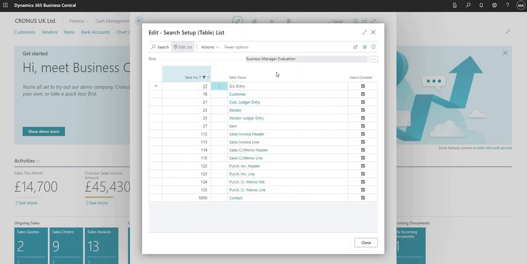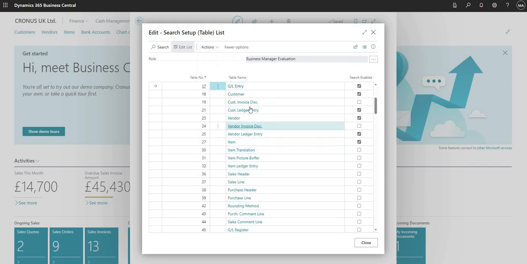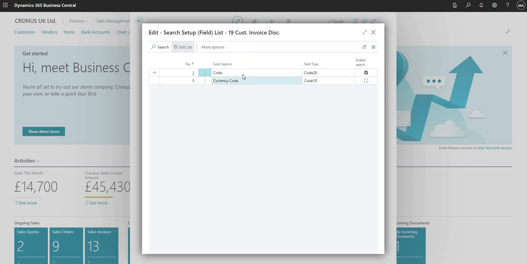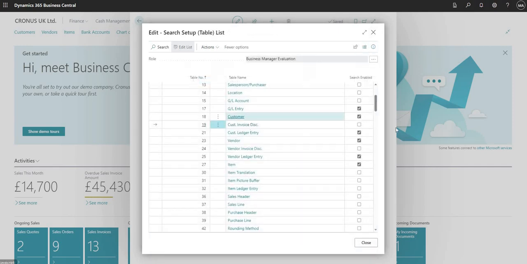So if you want to add more tables, we can go in and we can say show all tables here, so actions and show all tables. And what this will do is it will bring up all of the tables that we can search on within the Business Central environment. So for example, if I go into customer invoice discount here, I can see that I've got the two fields that are available to me using this search function are code and currency code. I can select enable search on currency code, and then I can say search enabled for my customer invoice discount